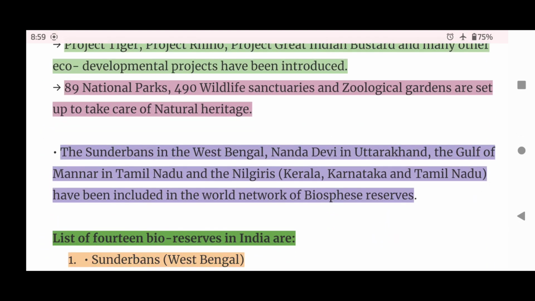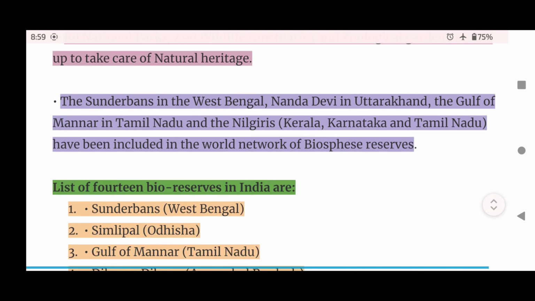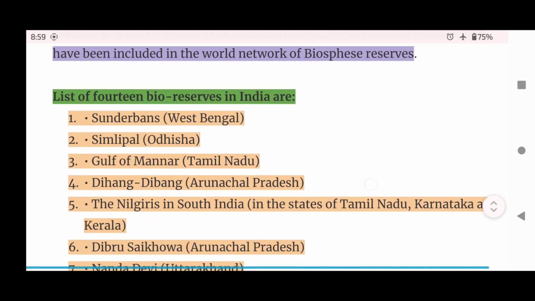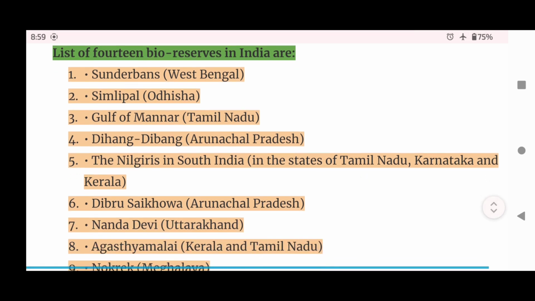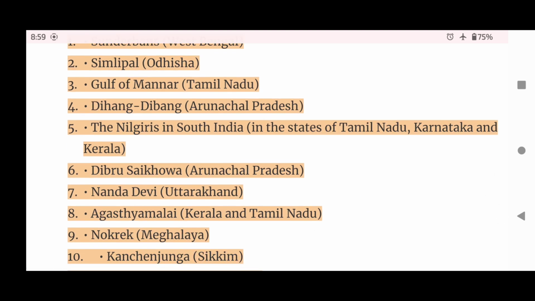The Sundarbans in West Bengal, Nanda Devi in Uttarakhand, the Gulf of Mannar in Tamil Nadu, and the Nilgiris in Kerala, Karnataka, and Tamil Nadu have been included in the World Network of Biosphere Reserves. The list of 14 biosphere reserves in India is: first, Sundarbans, that is in West Bengal; second, Simlipal, that is in Odisha; third, the Gulf of Mannar, that is in Tamil Nadu; fourth, the Dihang Dibang, that is in Arunachal Pradesh;